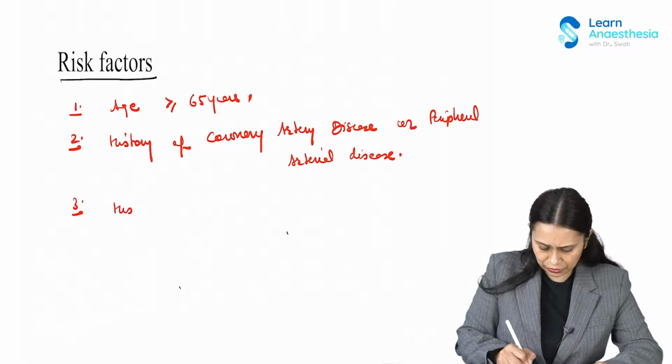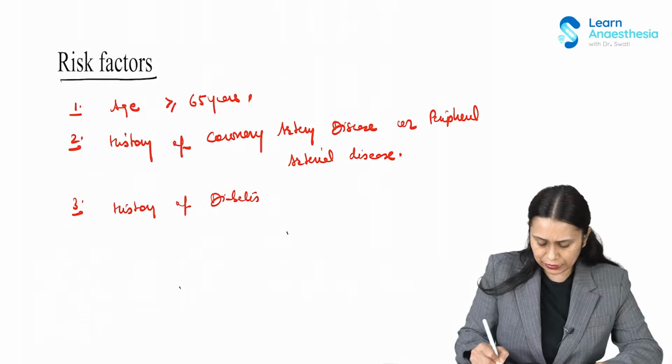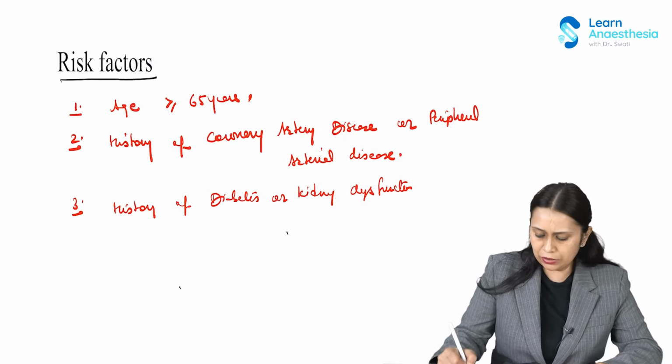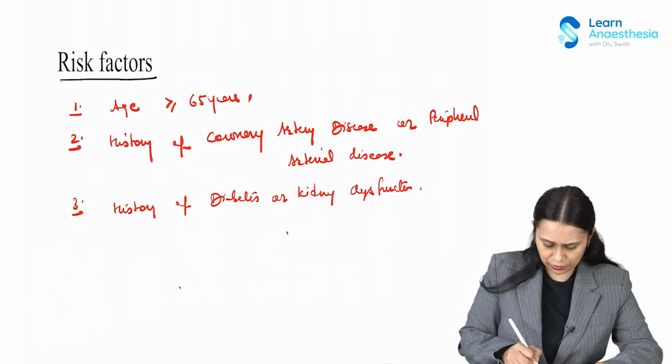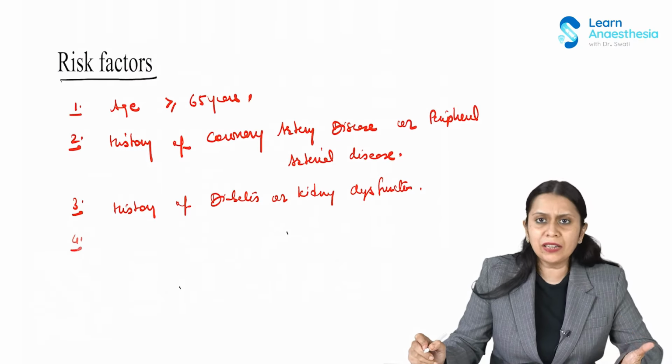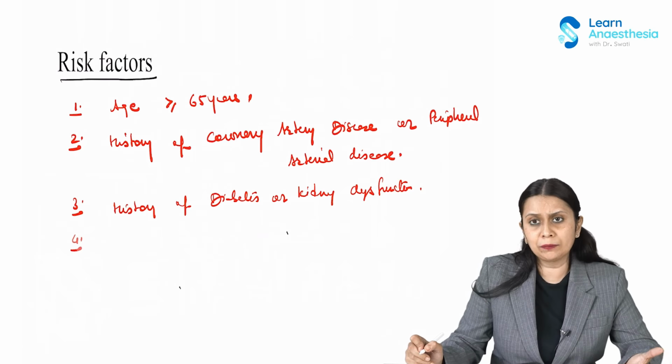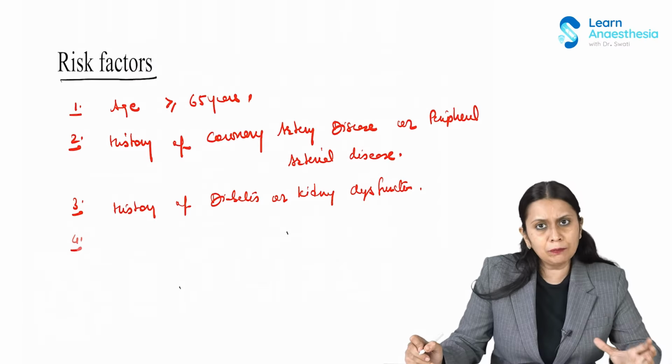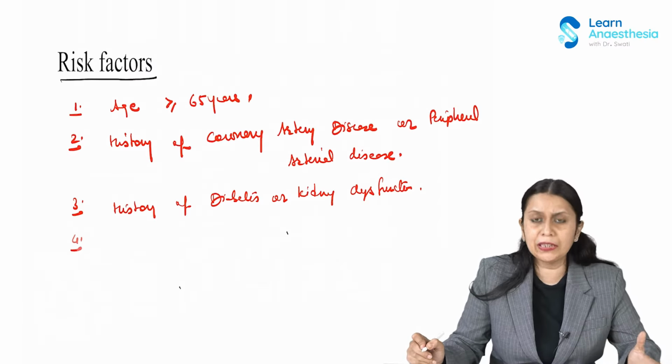So, patient having history of diabetes or kidney dysfunction, right? So this is again the third risk factor which was present in our patient. Then the fourth risk factor is patient who already have an elevated BNP or pro-BNP present in them. So a lot of patients, if the BNP level has been done and they have a baseline elevated BNP level, they are at a higher risk.